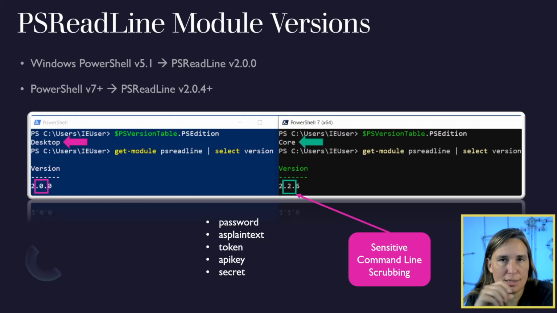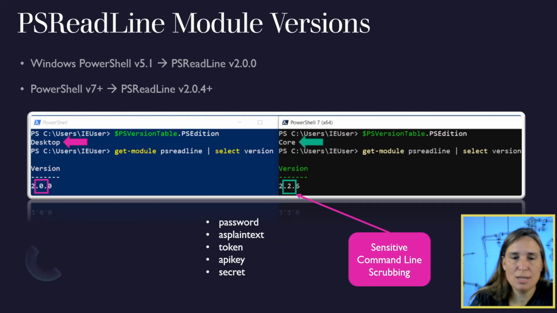So this is trying to help keep sensitive data out of the history file. As a normal user, if we end up needing to type a password on the command line, we don't really want that sitting around for a long time in a history file, where if an attacker did get access, they could just look through it for sensitive stuff. So you can see a benefit there, but at the same time,